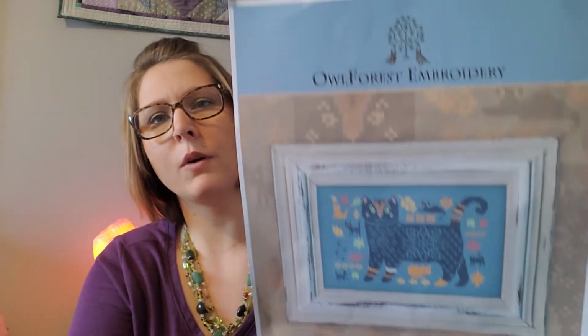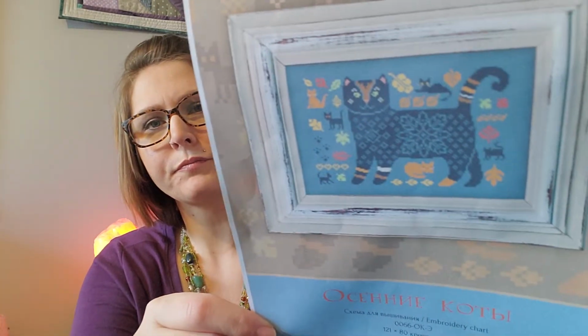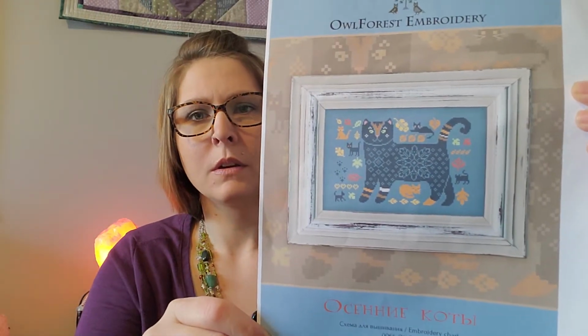And then another WIP I have this week was Owl Forest, their Autumn Cat, and I'm doing this with the Lucky Birthday sale with Erin at 2 Martini Stitcher. And I got pretty good progress on this one compared to last week. I was gung-ho on finishing this one. And the cat,